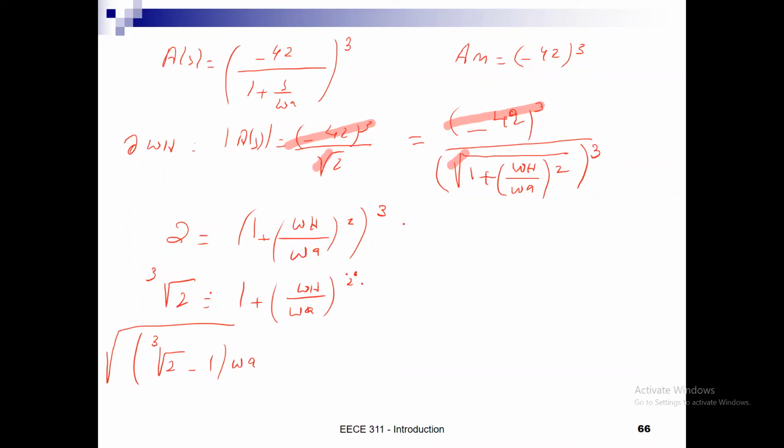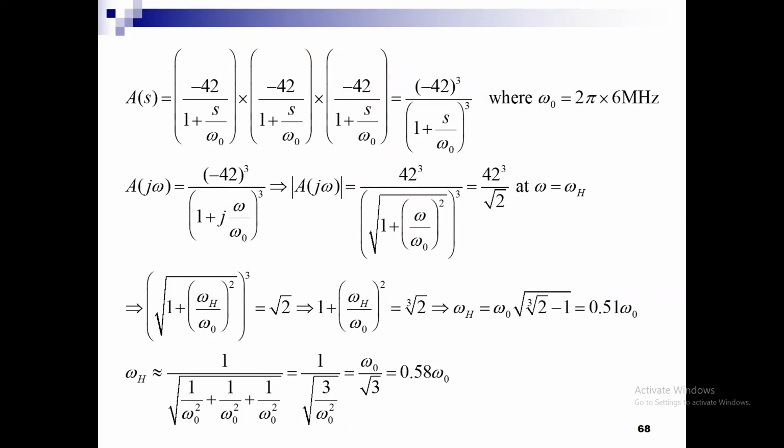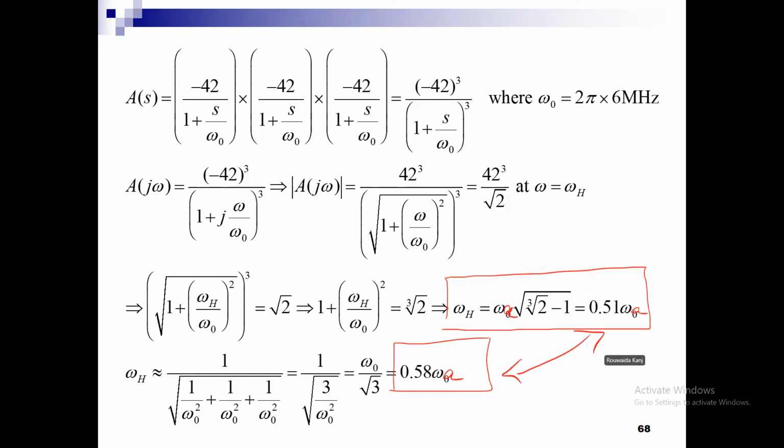Okay, so let us see how the slides solve this for us. If we go to this slide, we will find that if this is my omega A, then my omega h will be a function of it. And if I use the better approximation, this is the answer that I will get for the omega h. So it's slightly far from the exact method. Anybody has any questions? Okay, we will catch up inshallah on Friday and I will send